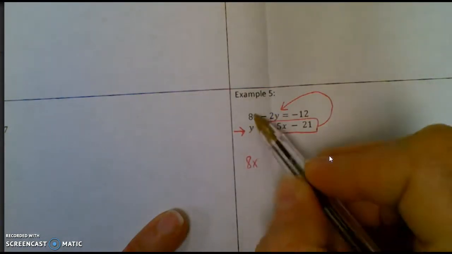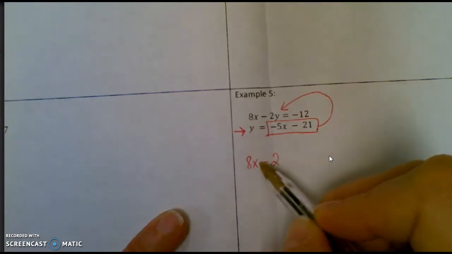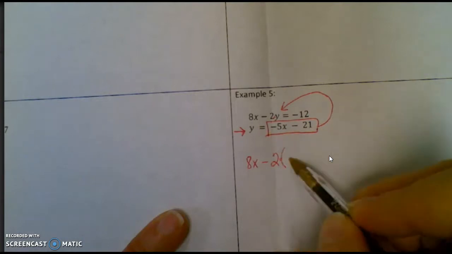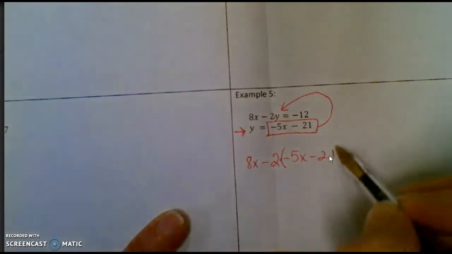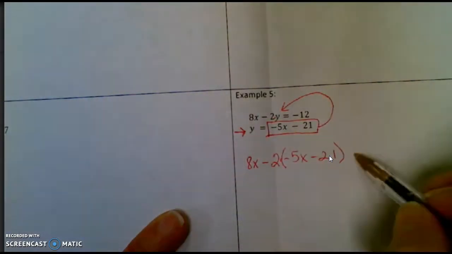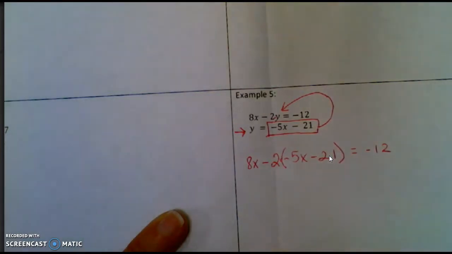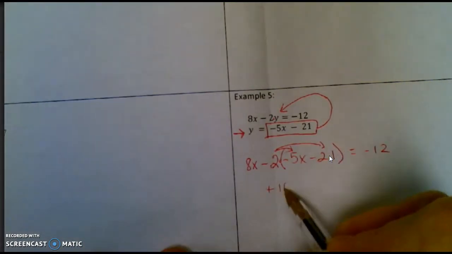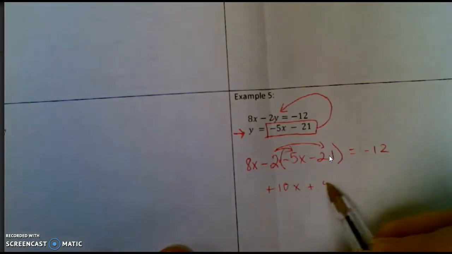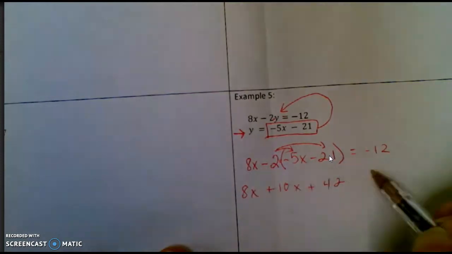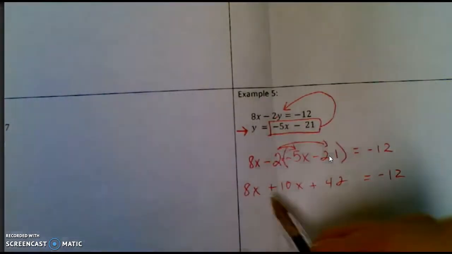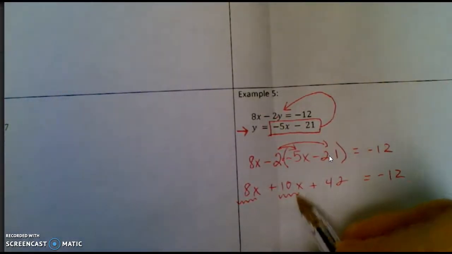So I'm just going to copy down the beginning parts of this equation. We have 8x minus 2. Remember, this means we're multiplying against the y value. Here's my y value that I'm substituting, and I still have an answer of negative 12 for that equation. So as always, when there's parentheses in your equation, you're going to distribute by multiplying. You're going to bring down your other terms, and then checking your signs to make sure you have plus 10x and plus 42. We're going to go ahead and combine like terms,